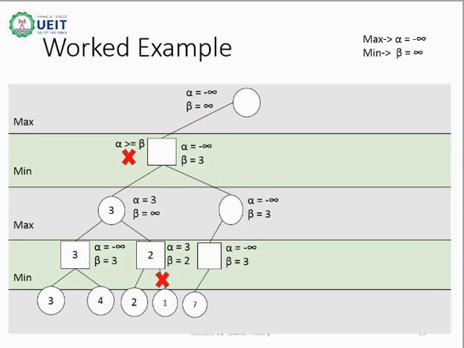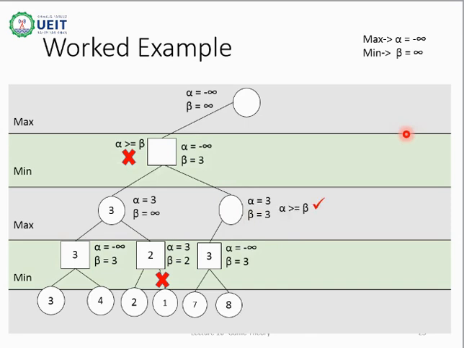Condition check will be performed, and as condition is false, of course, negative infinity is not greater than equal to 3. Thus, we will explore the right child. But value of beta still remain 3 as 3 is smaller than 8. Node value will be set to 3 and we will move one level above the tree. Our control will be here now. At this level, we have to choose maximum value. As yet, we do not have data of right side of the tree. Directly 3 will be assigned to alpha.